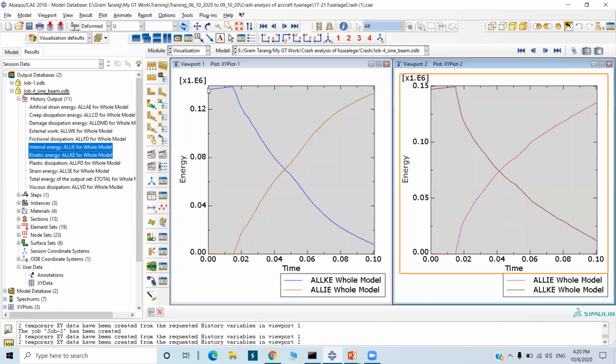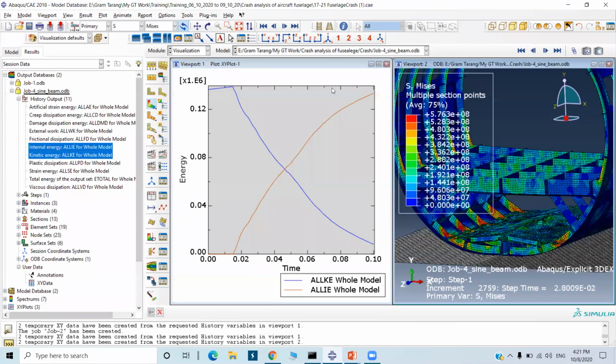You can check this kinetic energy graph here for without the sine wave beam, and this is with the sine wave beam. So a little difference is there. This beam has good energy absorption capacity. In the internal energy distribution, it seems that the sine wave beam could efficiently absorb more energy than the conventional beam. For internal energy you can also check it here. This is the internal energy without the sine wave beam, and here also. So there is a slight difference between kinetic energy and internal energy. That's all with this problem.